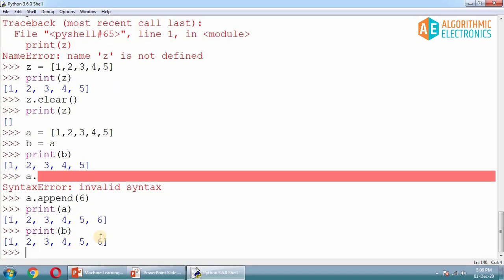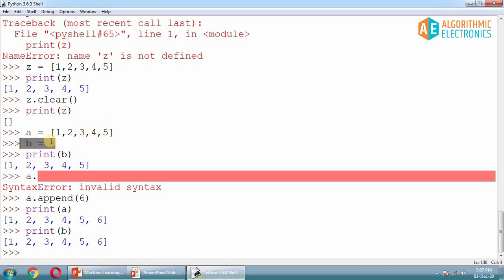Initially we were talking about how simply writing B equal to A will copy all the contents from A to B, and we tested that printing B gives the same result as A. Now we are very confident that it has successfully copied A to B. But unfortunately, if I add something in A, it is automatically getting added in B. This is what I am not expecting, and here I am doubtful that this operation has not copied the content from A to B.